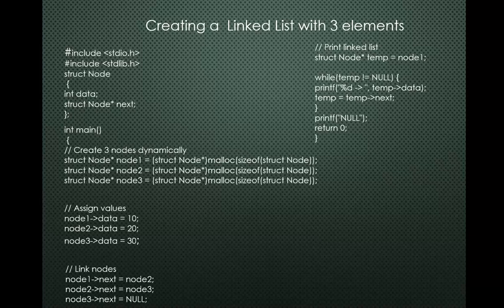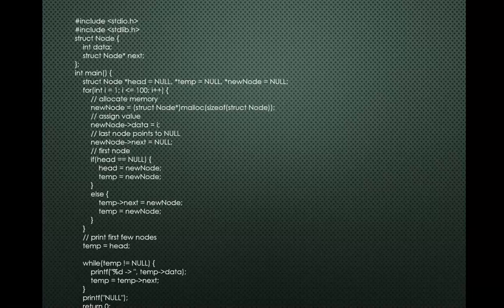There might be a question. What if I need to create multiple elements, 100 elements, 1000 elements? This example demonstrates how a linked list can be created dynamically inside a loop. The loop runs from 1 to 100. For every iteration, memory is allocated for a new node and the current number is stored as its